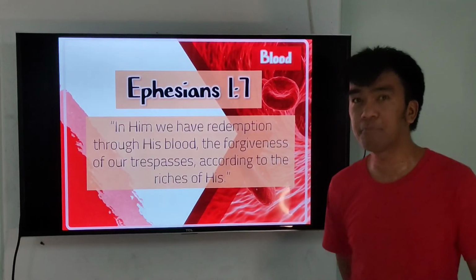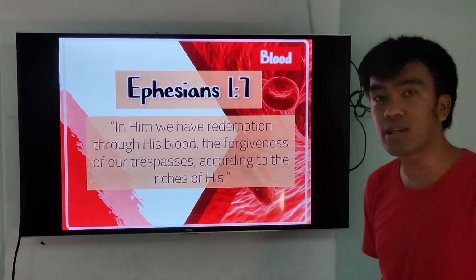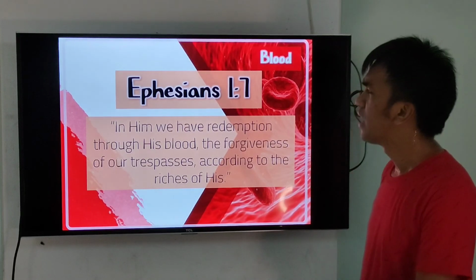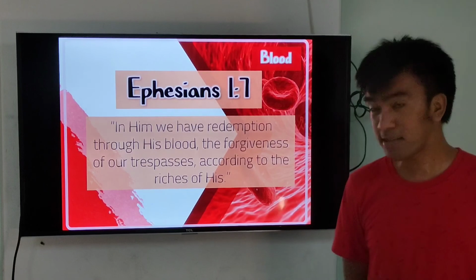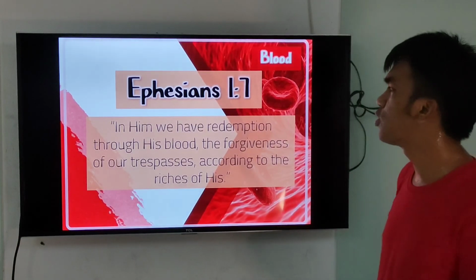So to end my short discussion, I'd like to share a verse from Ephesians chapter 1, verse 7. In him we have redemption through his blood,